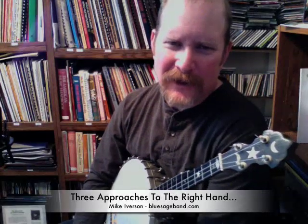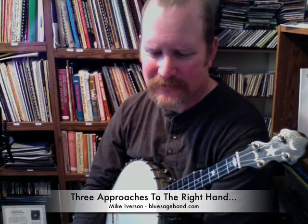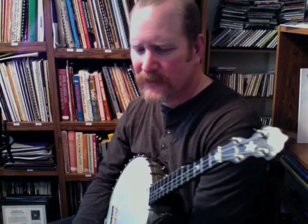We're going to be looking at three different approaches to the right hand. The floating thumb approach, the resting thumb approach, and then the thumb into the fifth string on every stroke, or the thumb into an A string on every stroke approach. But before we do this, let me just quickly go over some observations I've had concerning right hand technique in